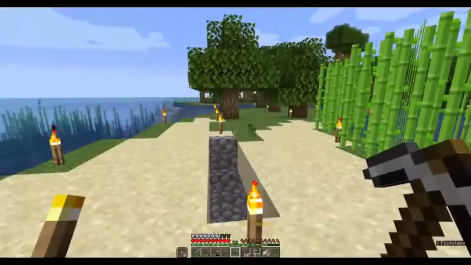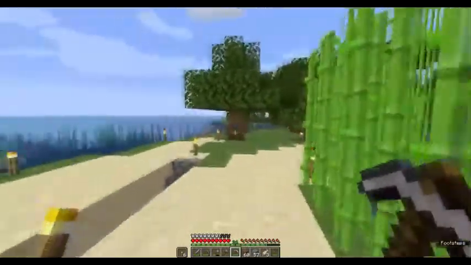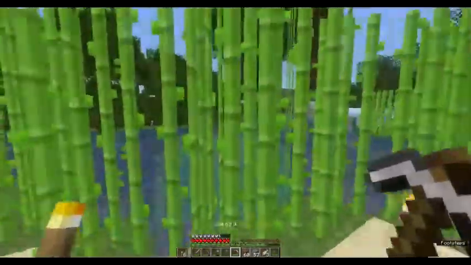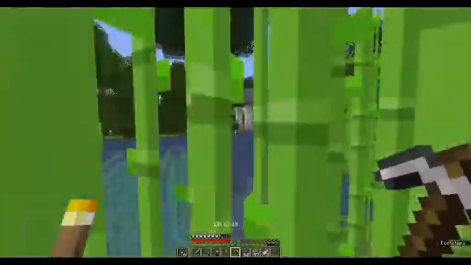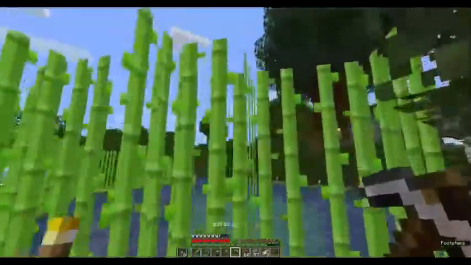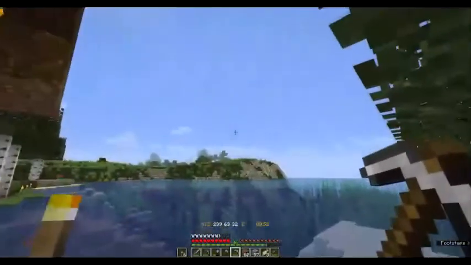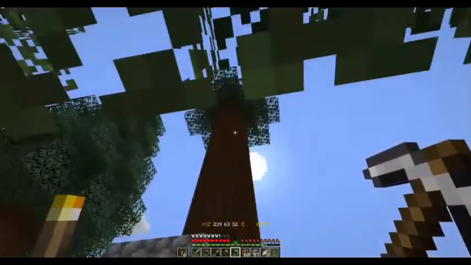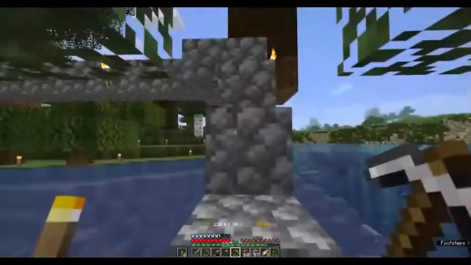We first found our oak and our birch wood, which became our wood supplies for the beginning. Of course, then we had this green wall here. This is the sugar cane. Eventually, I did get over there and get the dark oak wood. And then I found a spruce forest in which I was able to create these tall spruce trees. Now, the thing about spruce wood